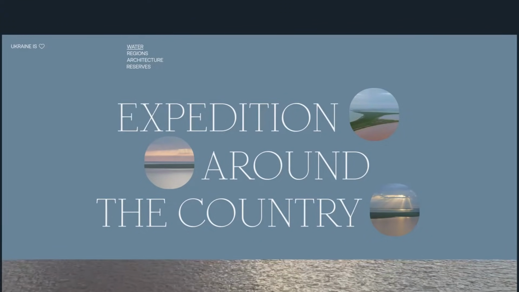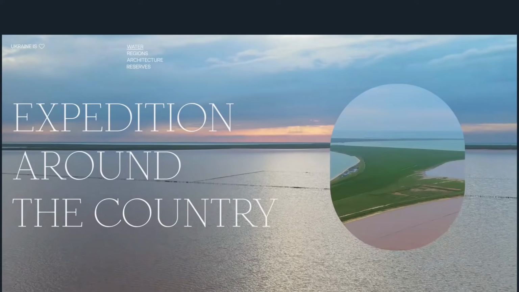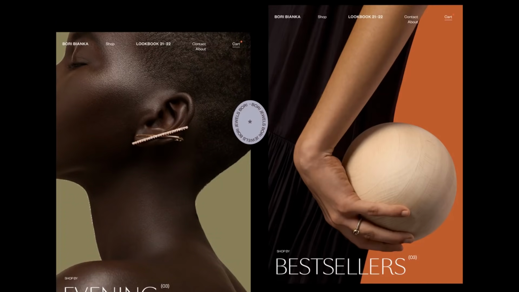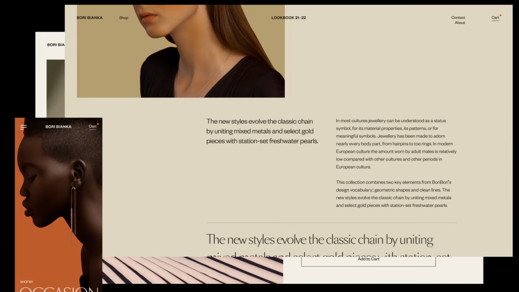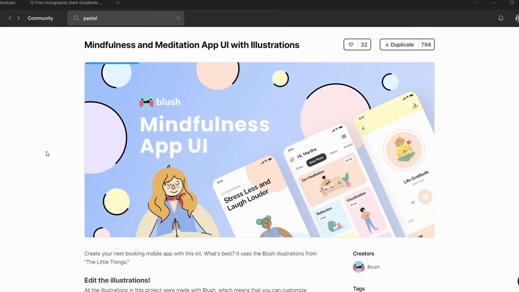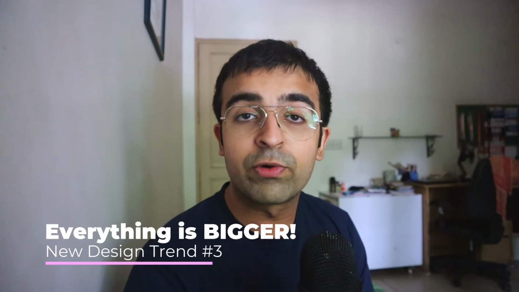Maybe for something like an old museum or for some fashion brand or something like that, there can be these dull colors where you want something else to stand out, maybe a large bold text or some animations and images. Now there are certain UI kits and resources on both Figma and XD. Some of these UI kits show you how you can implement them in your own designs and what you can use with that.